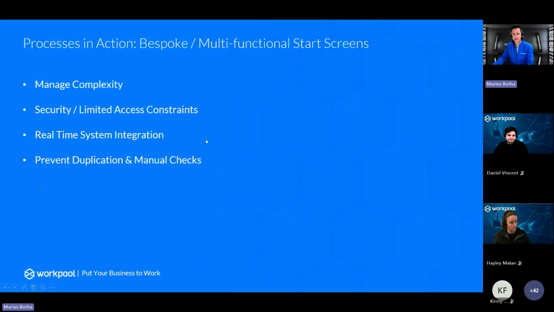Another pattern that we've seen is people using special start screens. So instead of just using the normal start task screen, they use a custom one that will do a bit of magic before it gets the process started. It's useful to manage complexity. So when there's a lot of things to consider, or you actually want to start the right process with certain